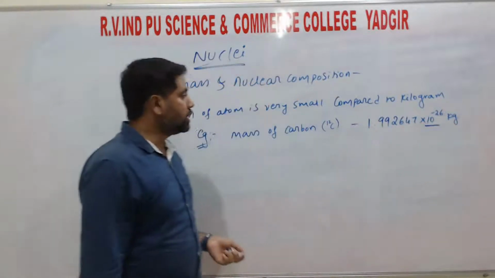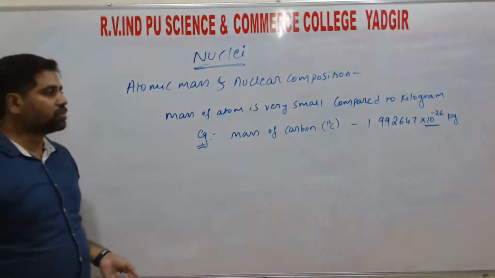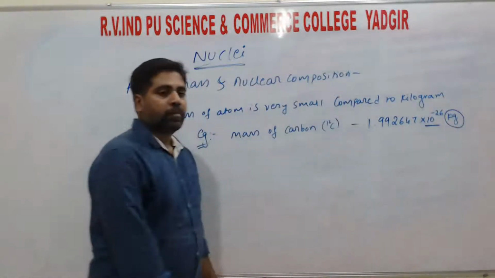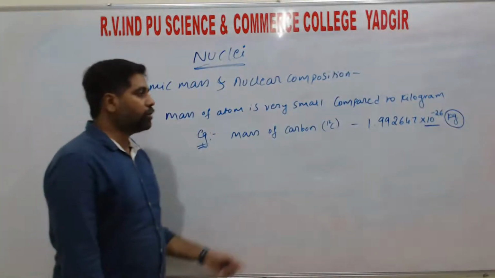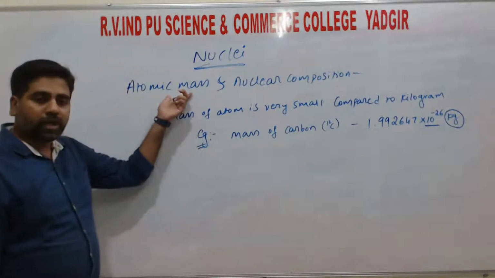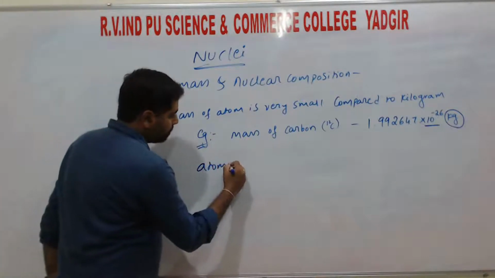Hence measuring the mass of the nucleus or atom in terms of kg is not convenient, so we use a new mass system to measure the mass of the atom. That we call the atomic mass